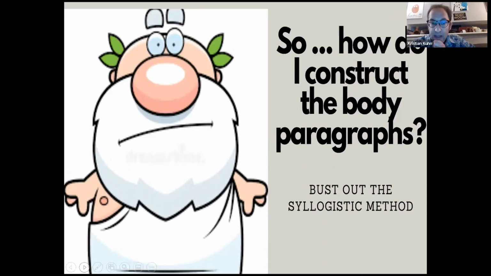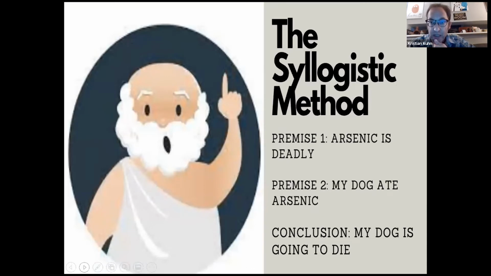And then quickly, and I could spend a long time on this, this is kind of the nuts and bolts of my template. For the body paragraphs, I use something called the syllogistic method. And it's rooted in the Aristotelian tradition. Aristotle ran a school called the Lyceum, and the rich aristocratic boys would go there to learn polemics and oration, debate. And you might be familiar, maybe in college, or maybe even teach it, the book Plato's Republic,